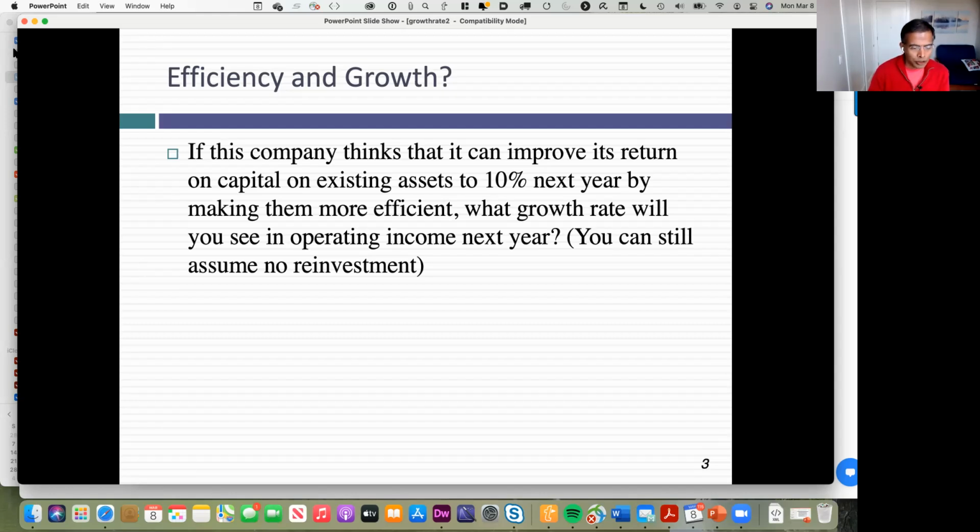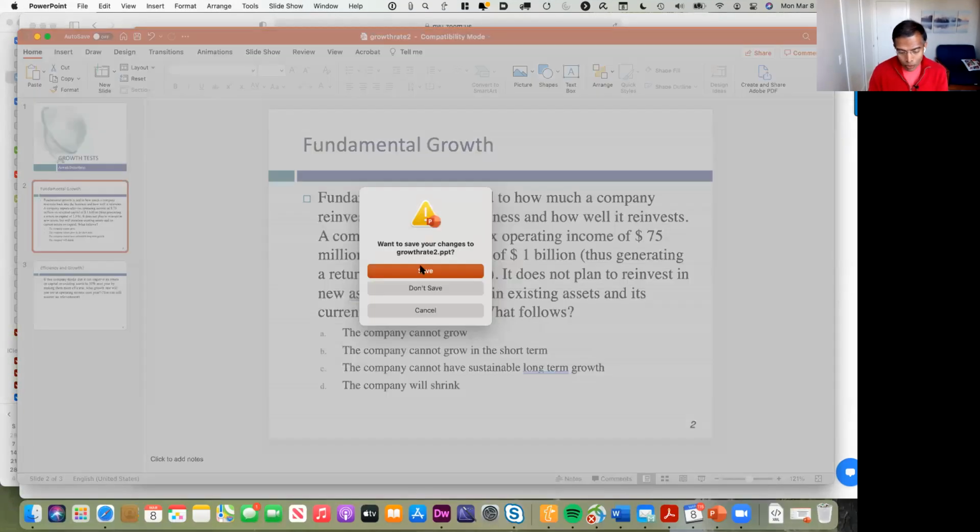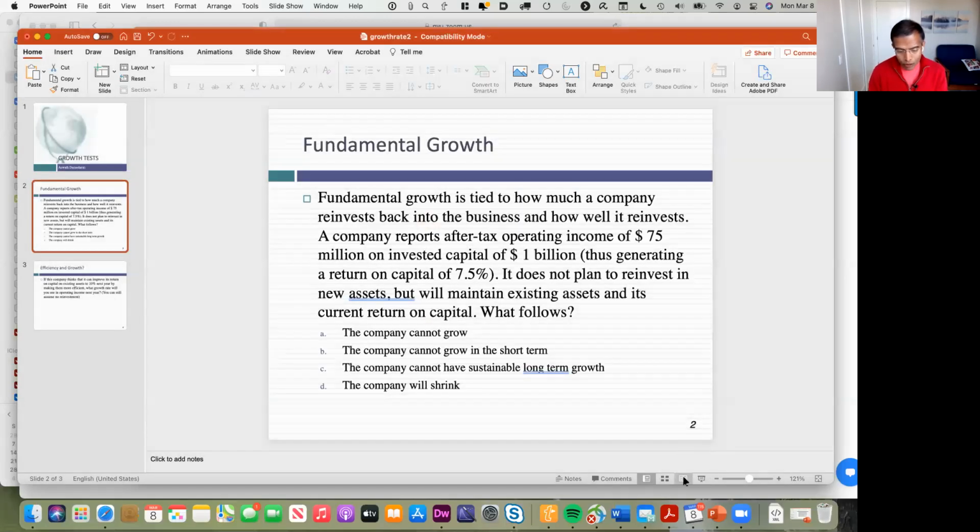So let's zero in on these 2 issues, because I think if you understand where growth comes from, it makes it much easier for you to forecast what will happen. So let's go back to where I,